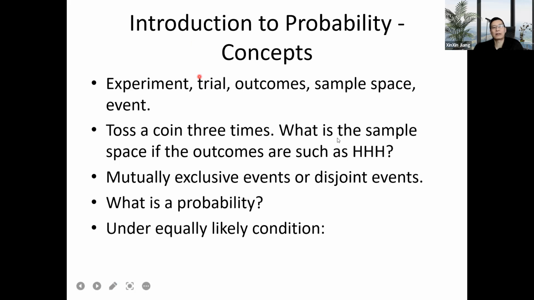There's one thing I want to introduce before I move on to examples. There's a condition called the equally likely condition. This condition basically says you have a trial and each outcome is considered to be equally likely. For example, you roll a die twice and you have 36 outcomes, and normally we assume they are equally likely. So the probability of getting each pair would be 1 out of 36.